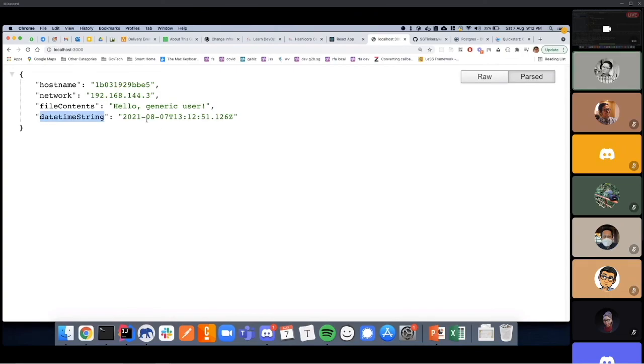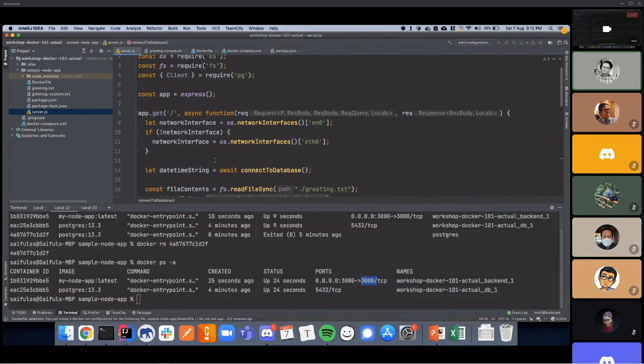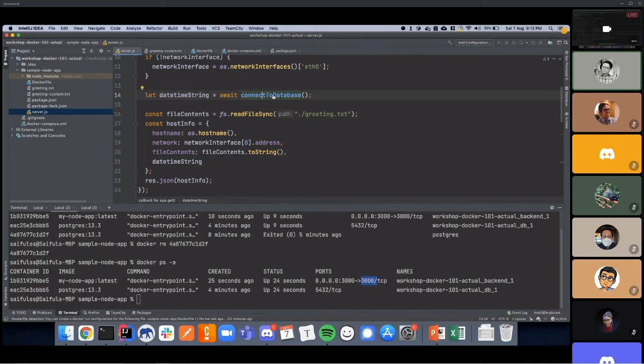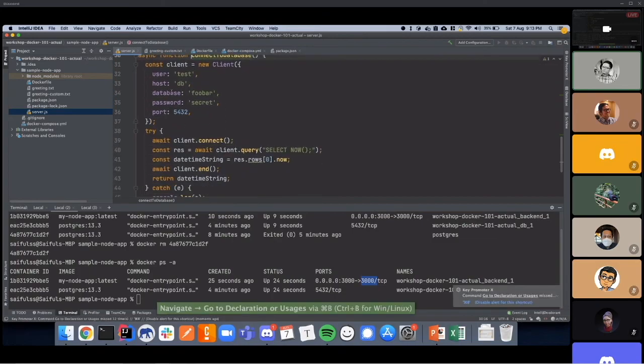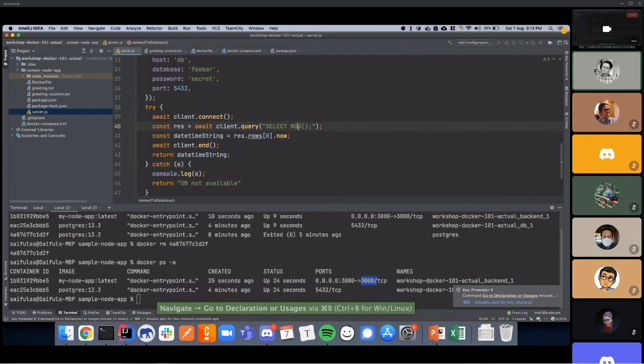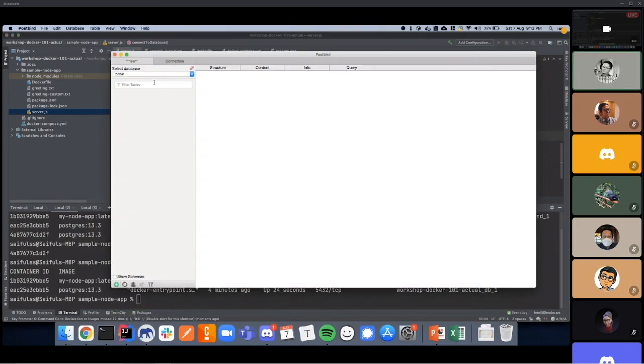And date time string, where am I getting that from? So date time string is coming from this location, connect to database. Connect to database is an asynchronous function which basically just connects to the database. The moment it does, it runs this SQL statement, select now. So select now is literally just the response that you get if you were to run